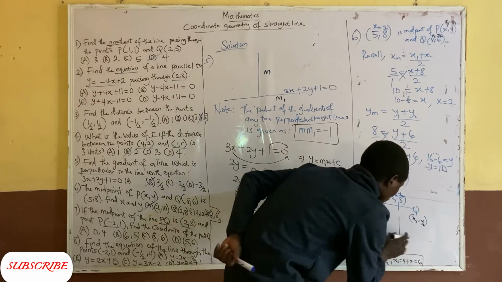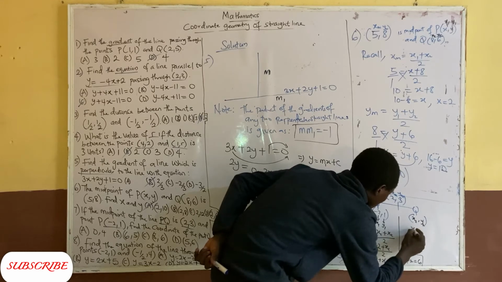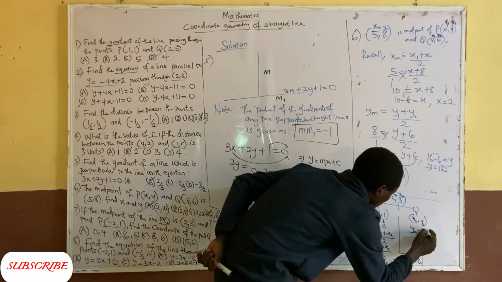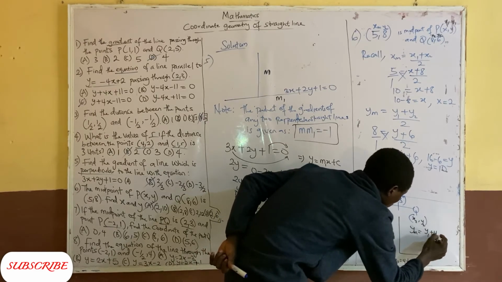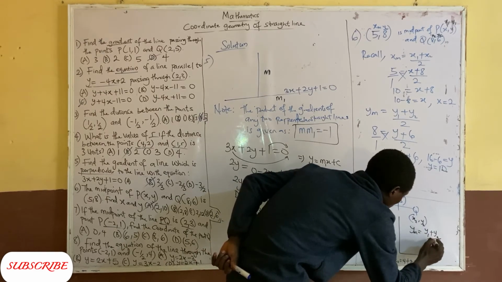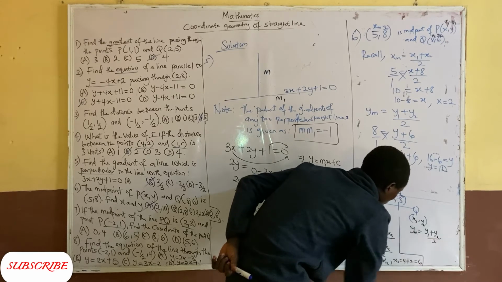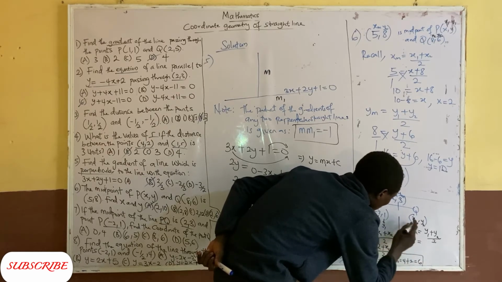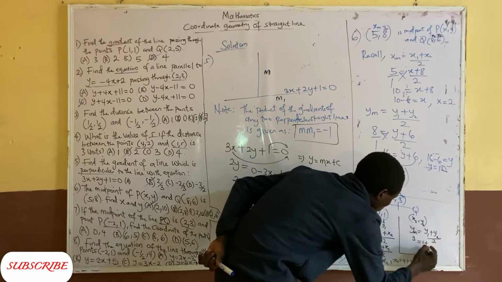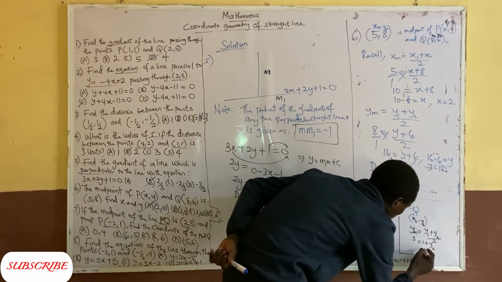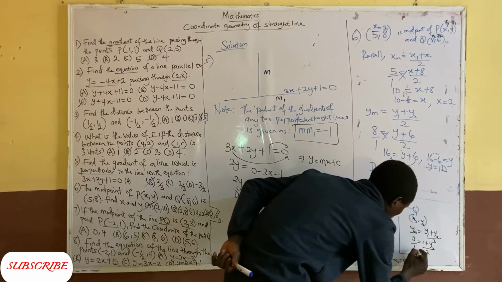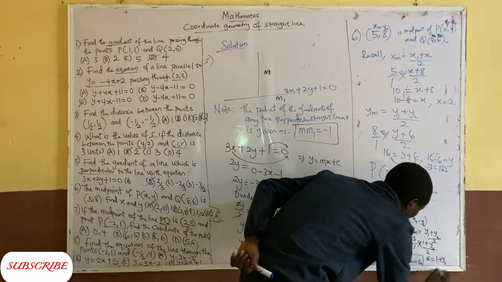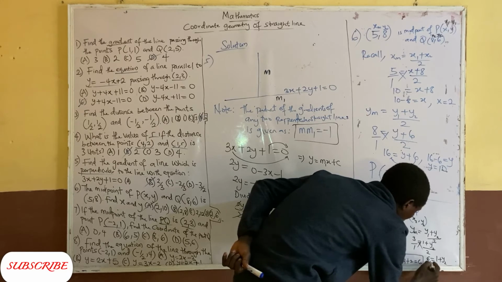Now for the y, YM is equal to Y1 plus Y2 over 2. So YM is 3 equal to Y1, which is minus 1, plus Y2 over 2. By cross multiplication, we have 6 equal to minus 1 plus Y2. Definitely when you transfer this one now, we have